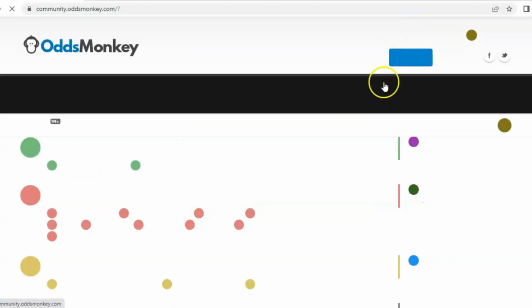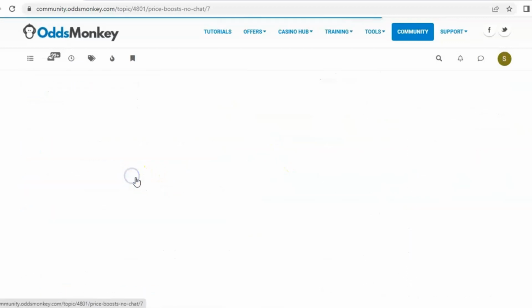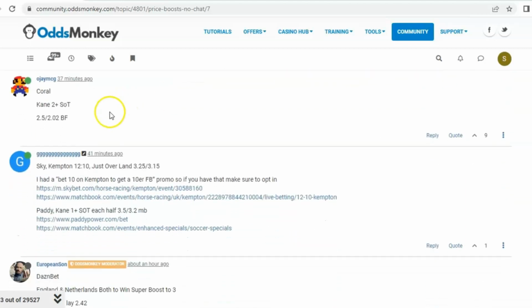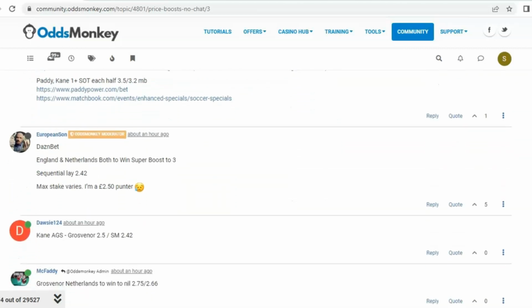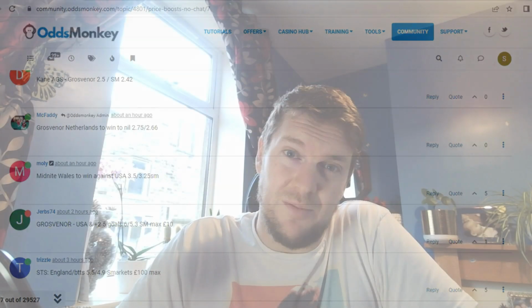I use Odds Monkey to keep track of the boosts. In the Odds Monkey forum, they have a boosts area where people put up whenever a price is boosted over the betting exchange price. If it's better than Smarkets, Matchbook, or Betfair, that's a good indication that it's value. And if you don't fancy just betting them, you can use them for arbitrage purposes as well, which means you can back at the bookmaker and lay at the exchange and guarantee yourself a profit due to the price difference. Bookmaker boosts during the World Cup are massive. Every single day prices are being boosted, and it's a very easy way to make some extra money from this year's World Cup.